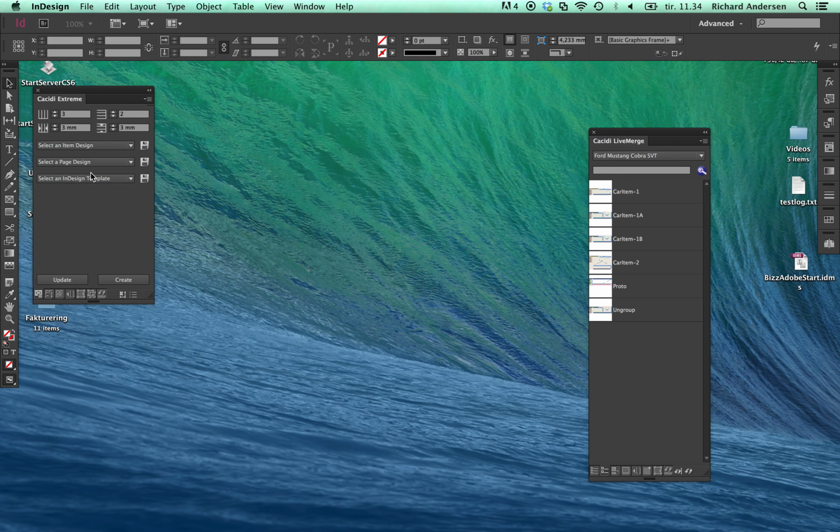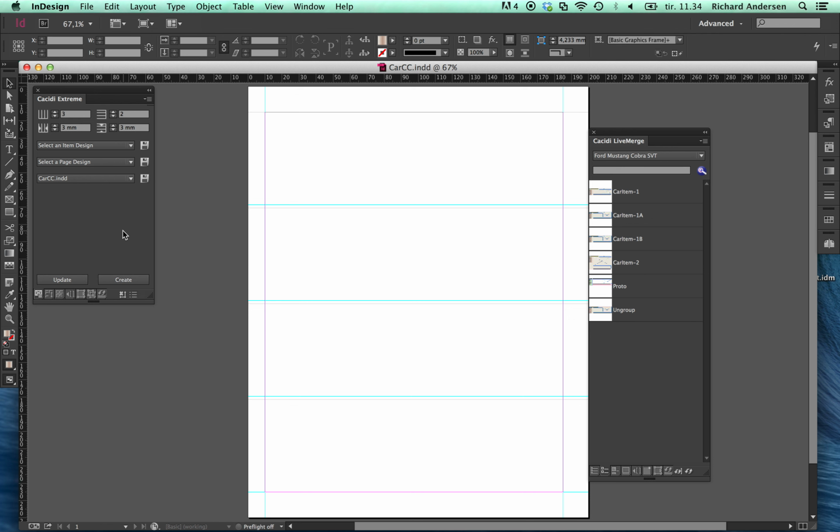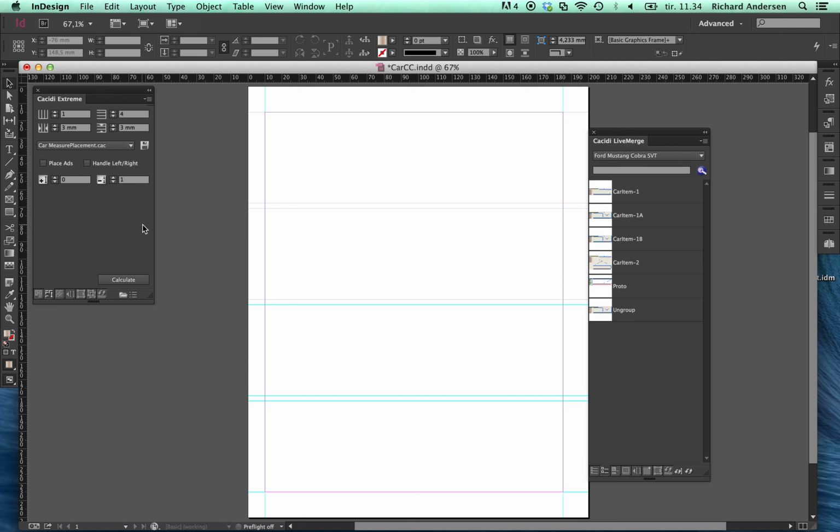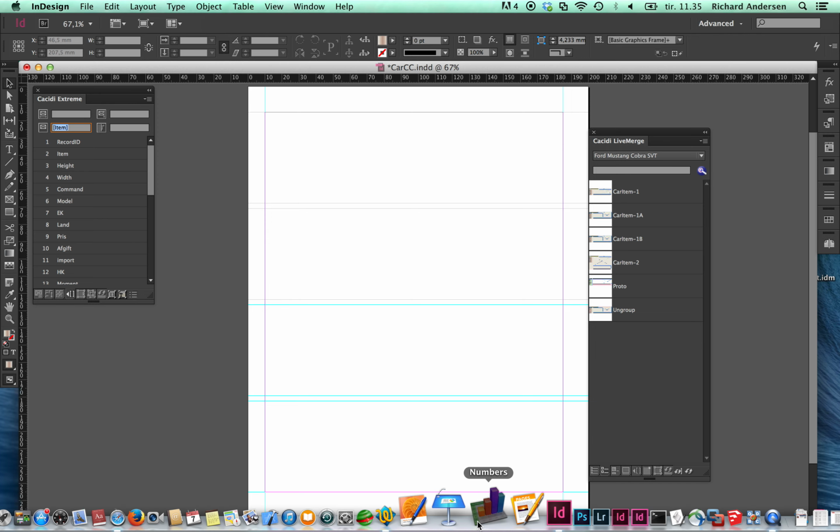First thing I will do is open my templates and make what you can call a yearly catalog with cars, and I will talk a little bit about the measured placement inline, and later on the prototype based system. So the first thing I will do is go to my panel here where I got saved information about which kind of design should go where. The measured placement here actually takes information from the data source where we got the item here, and if I go to this one,